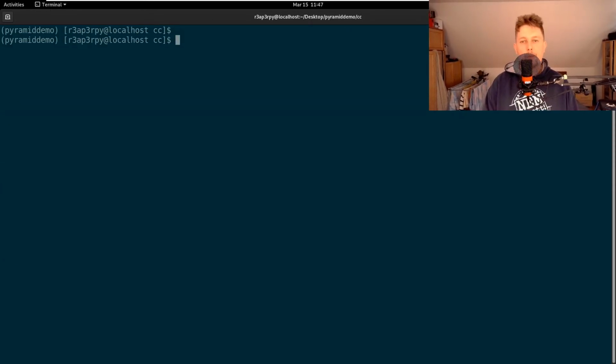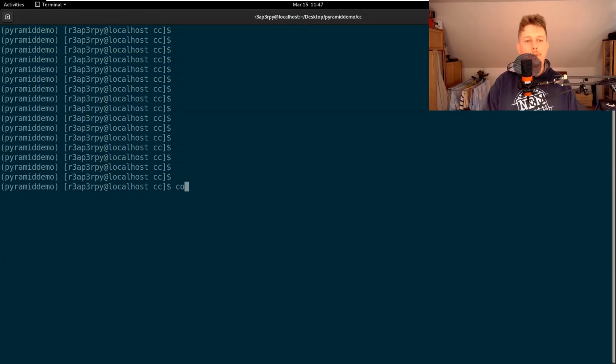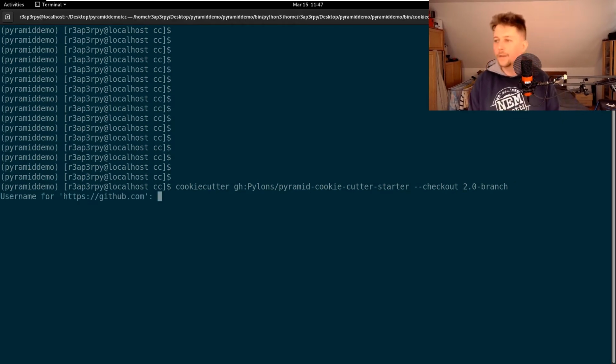So basically we would use the CookieCutter and say that this is GH pylons pyramid CookieCutter starter, check out 2.0 branch, and once it has completed successfully,